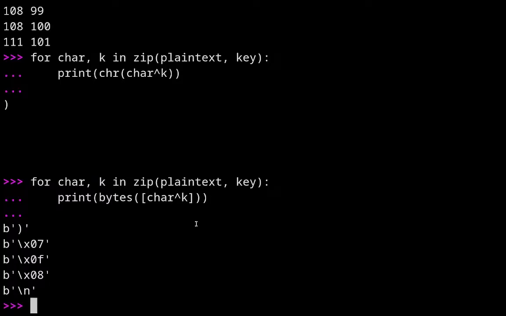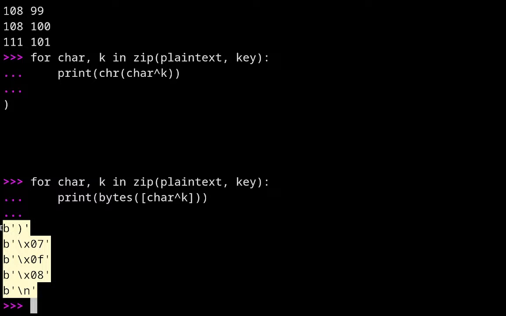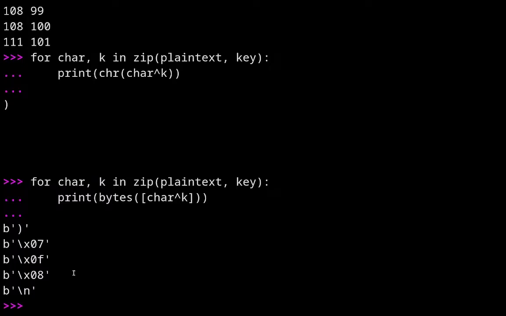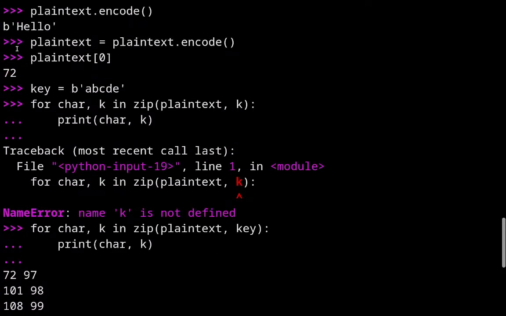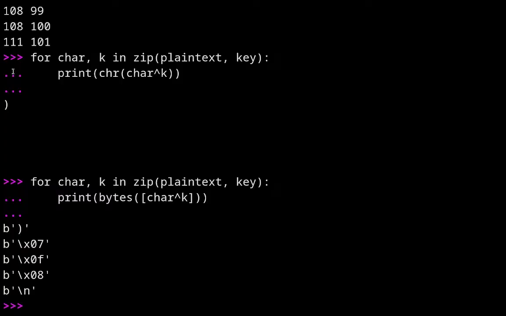So now, currently on the screen you can see how the output would look if you XORed a plain text byte with a key byte. To recap, a byte could hold 256 values. So we saw that for the plain text capital H, the value was 72. Similarly, when you go above 128 in the range of a byte, you will see some unprintable characters. Python will print them in a different notation for us to understand easily.